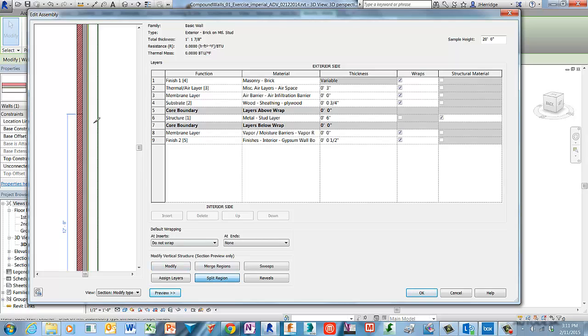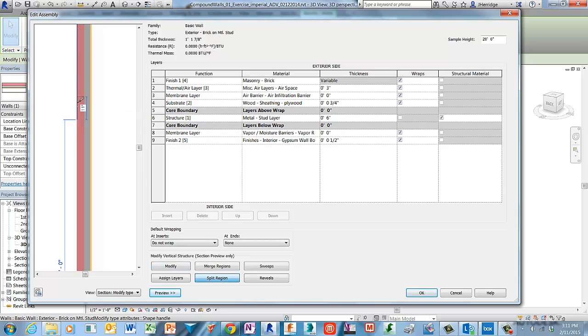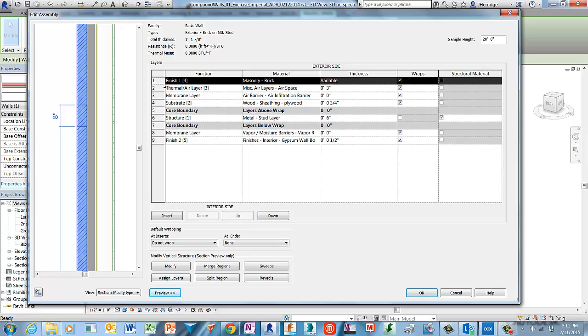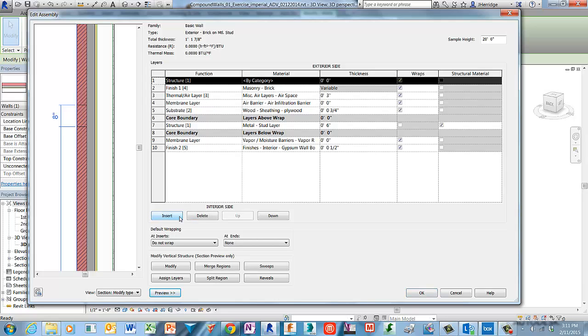All right, so let's place another split line 8 inches above the previous split line, and you can hover and acquire that visually and then left click to place. All right, so the next step is to add a new material layer. So select layer 1 in the upper right hand window and then click the Insert button immediately below that window to add a new